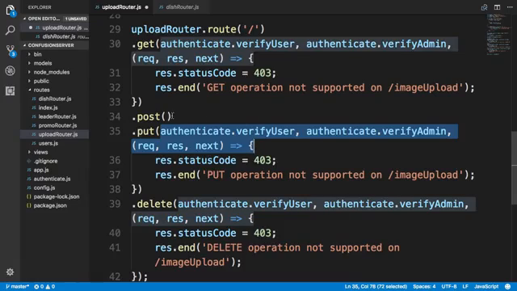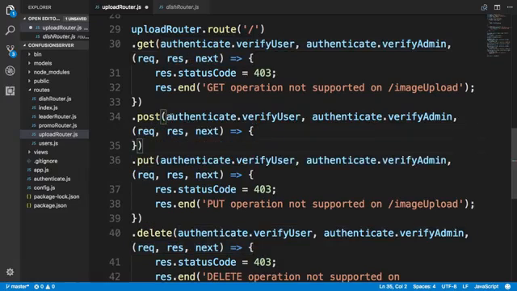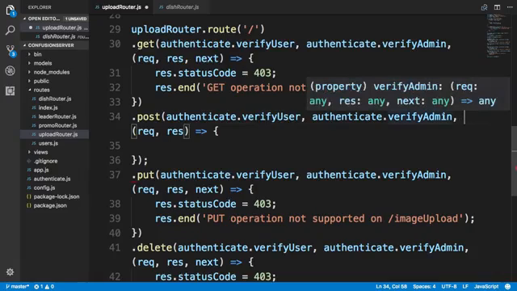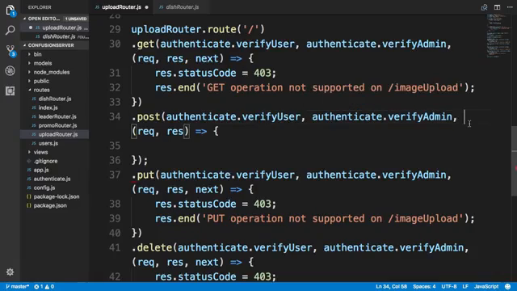So I'm just going to copy that in there, close that endpoint. And for the post, so when a file is posted, how do we handle this? To handle the post here, I don't need the next for this. Now, in addition to the authenticate verify user and authenticate verify admin, on the same line,